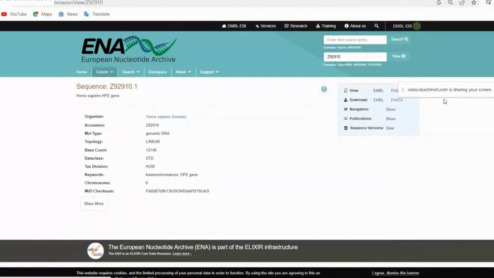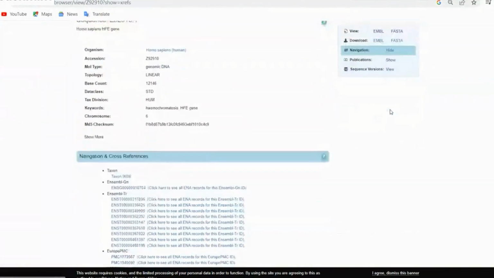Then you can view the sequence in EMBL or in the FASTA format. You can download, you can navigate the page, you can see the publication and you can see the sequence version. If you click on Navigation, you will find the cross references link. Okay,